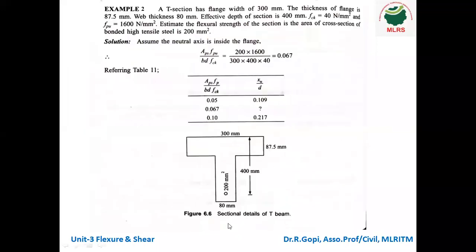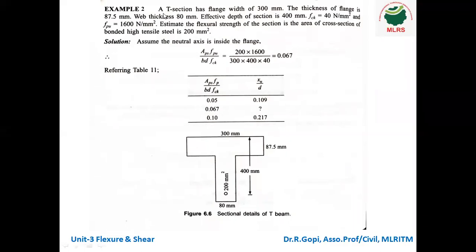Okay. So this is the next problem. So I'll read the question. We understand how to calculate the moment of resistance for a rectangular section. Now the next problem is how to calculate the moment of resistance for a T section. Mostly 90% in examinations, they will ask T section or I section only. So same formula, same table, everything is same.